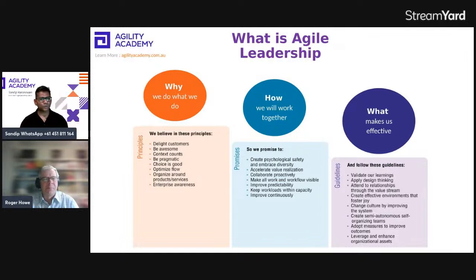Roger, have you come across any good agile leader in your career? And what was the key ingredient? Look, I've seen a couple of good ones, but also a couple that are not so good. The key characteristics of a good leader is someone who listens, who puts themselves in the place of the other, and considers different points of view. A good agile leader will take everything into account, look at the context, the different points of view, the different constraints and dependencies.